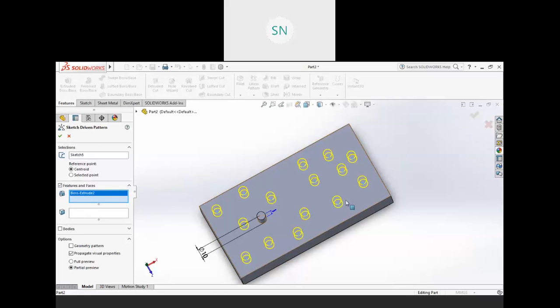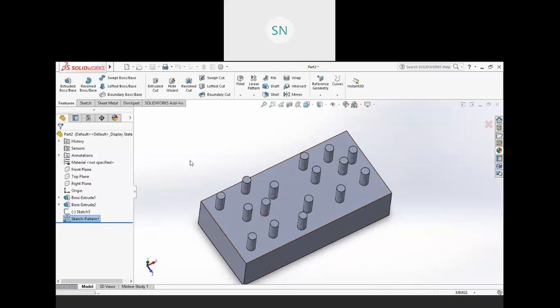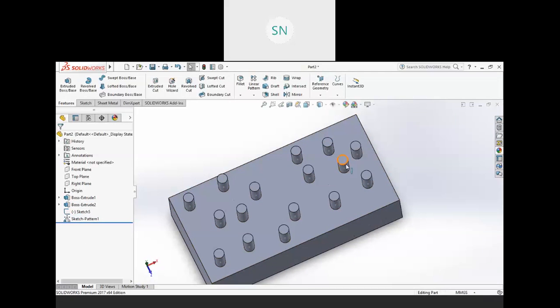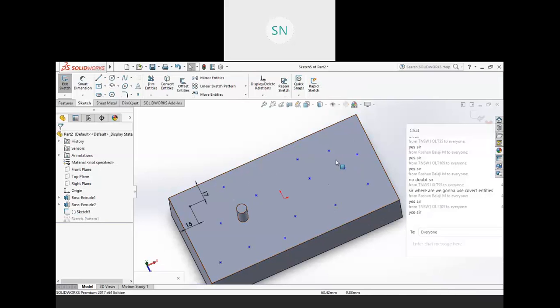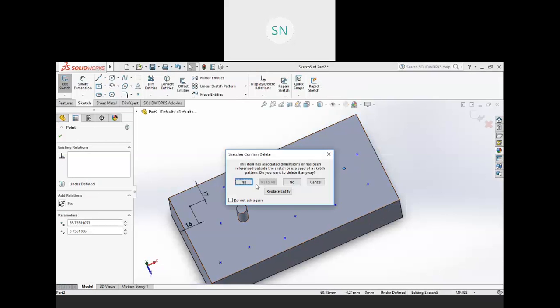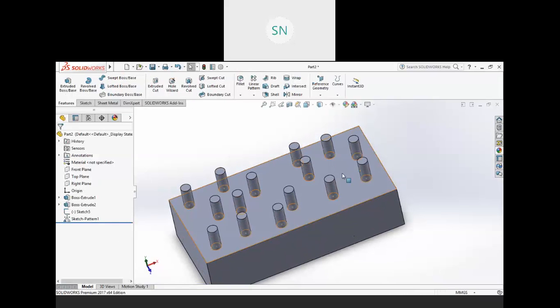So you are not able to skip any point from here. But it is quite simple. If you want to remove this solid, this copy, then just go to the sketch and delete that point, right? So that is why we do not have that instant skip option. It is clear now.